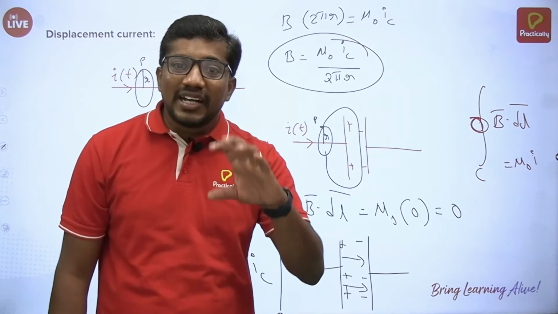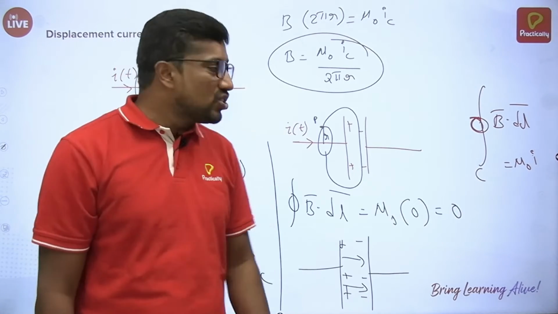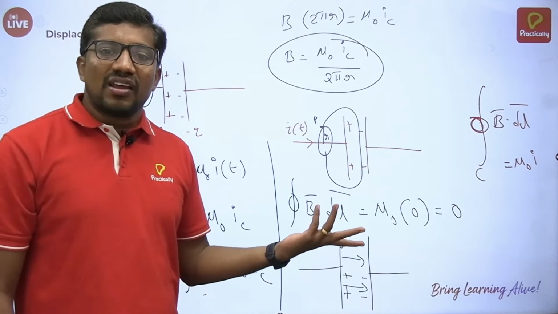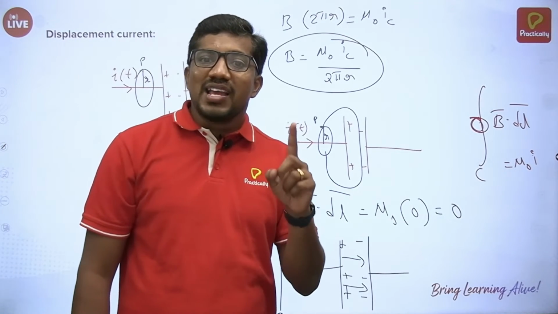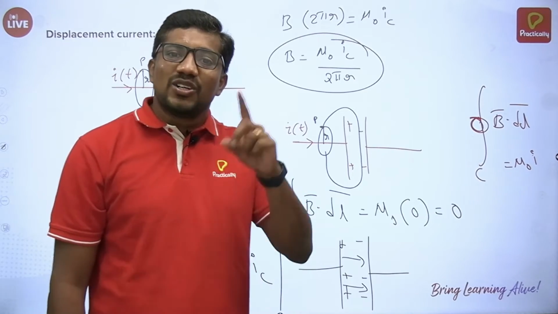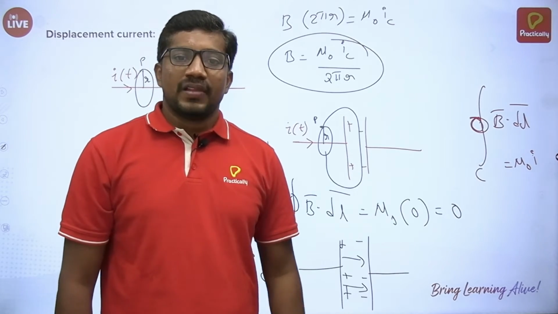How is that magnetic field produced here? That magnetic field is produced by the time-varying electric field. That's clear. A time-varying electric field can produce a magnetic field, which is symmetrical to the statement that we have discussed in the earlier case. So there ends